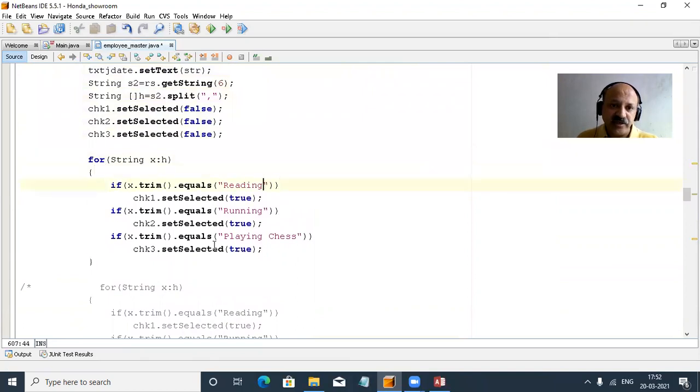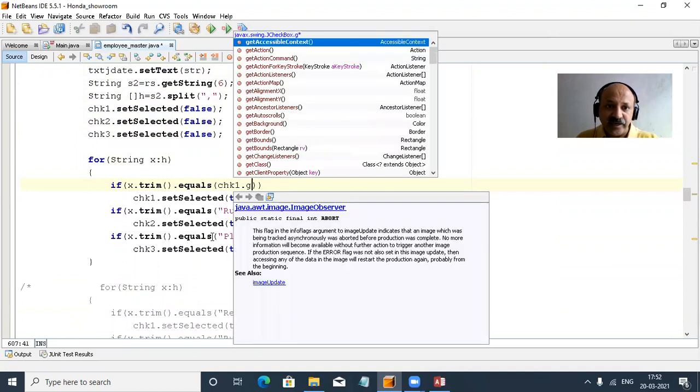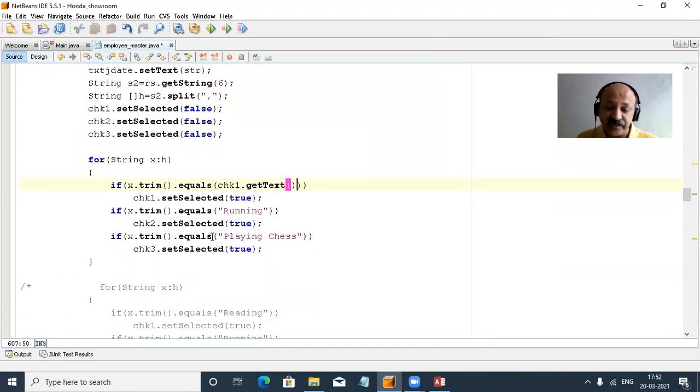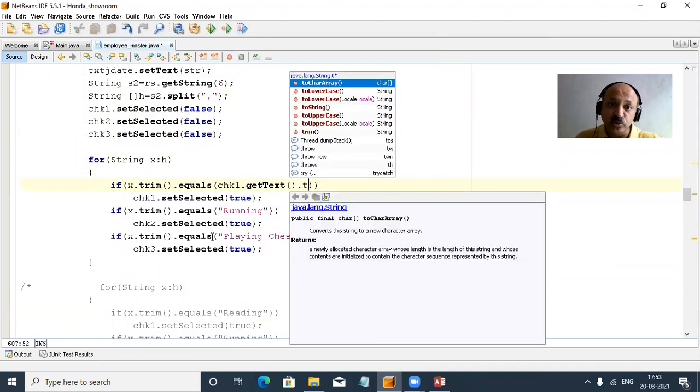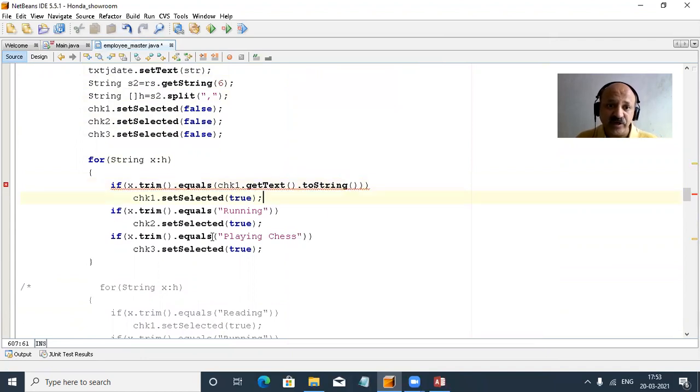So let us check. I again change to our chk1 and get text. Yes, and we can also provide toString. Yes, sometimes that is also required. So yes, why did that take now? Yes, perfectly. So I think toString we cannot apply in the previous way. So chk true, and that is get text. Yes.